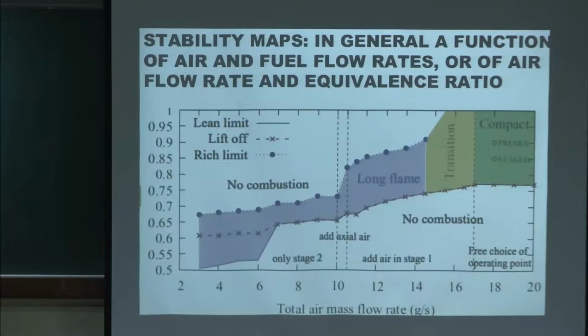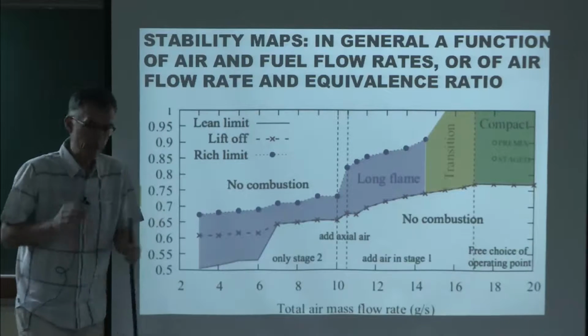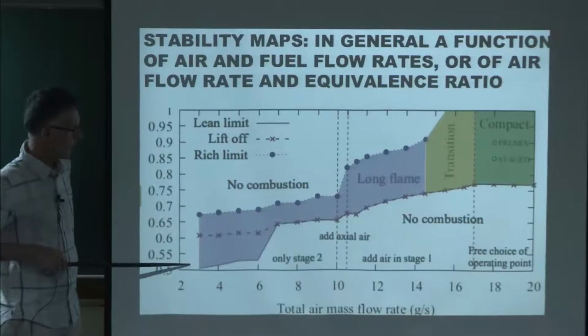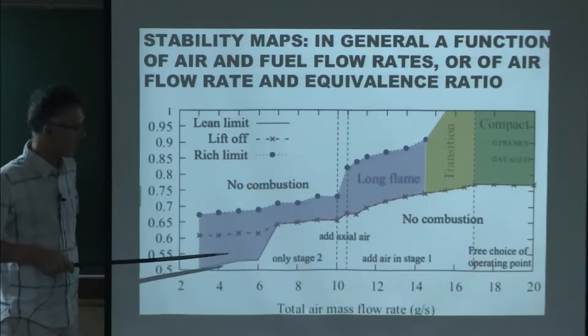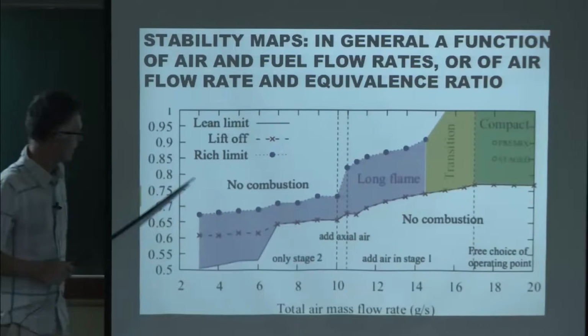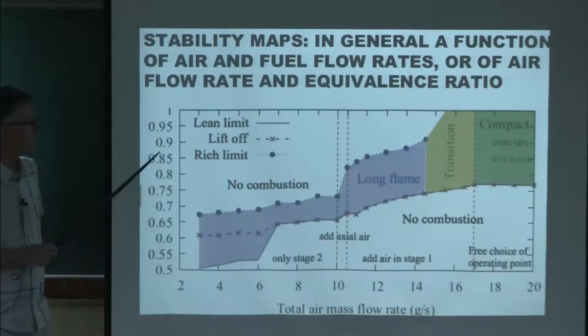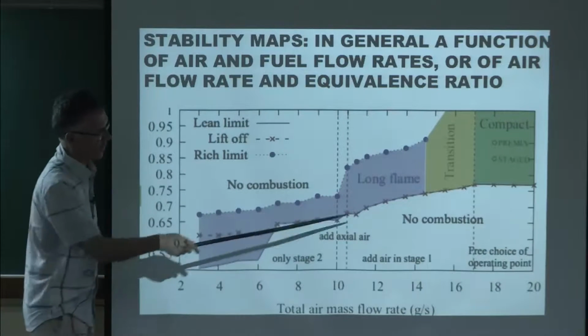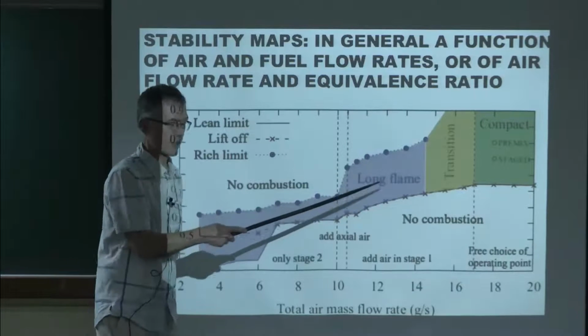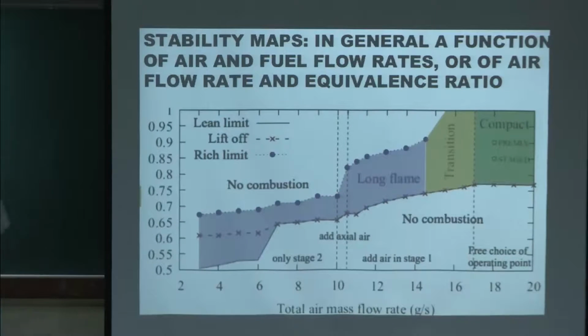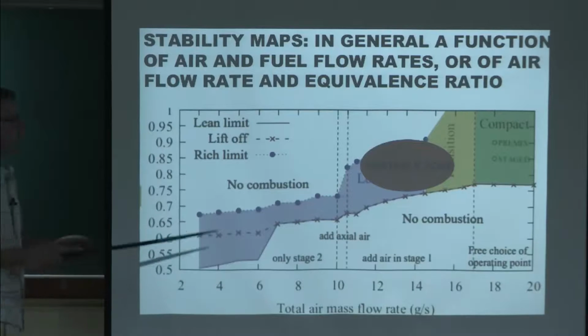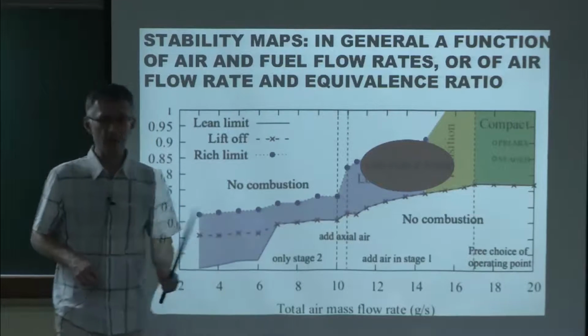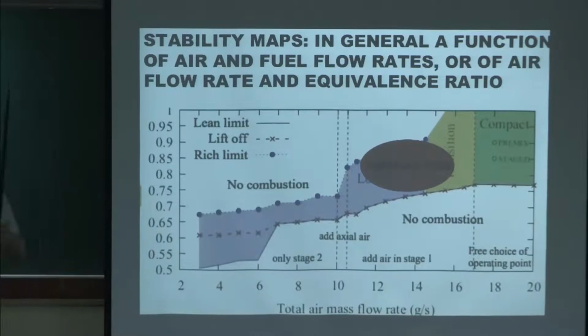So how do you see combustion instabilities? Well, the first thing which happens, if you look at what we call a regime map for a flame, is that you put here the air flow rate, here you put the fuel flow rate or the equivalence ratio. You have all kinds of zones here, which tell you which kind of flames you have, and in most cases you have zones which say unstable. What does unstable mean? It means if you go there, you're going to start the flame shaking, and you're going to be either stopping the experiment or you see you have a problem.